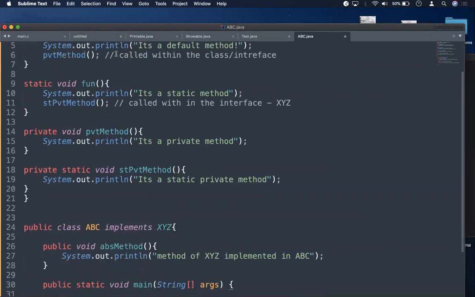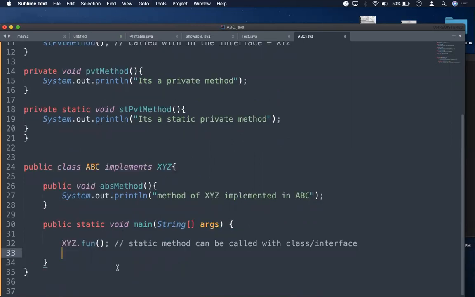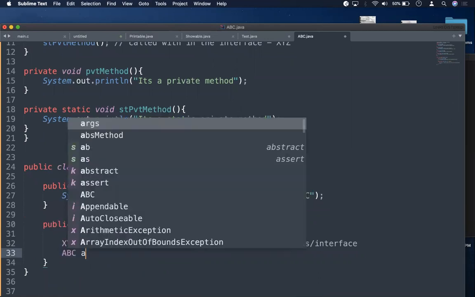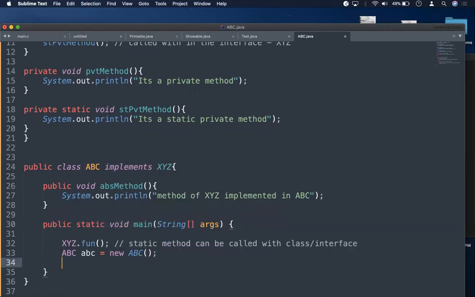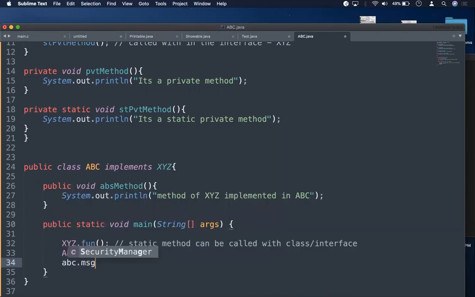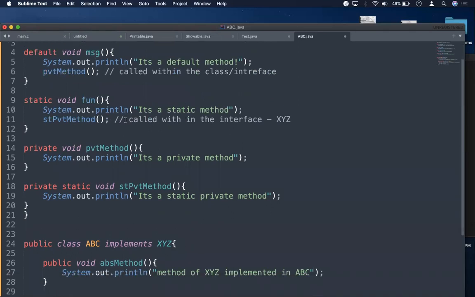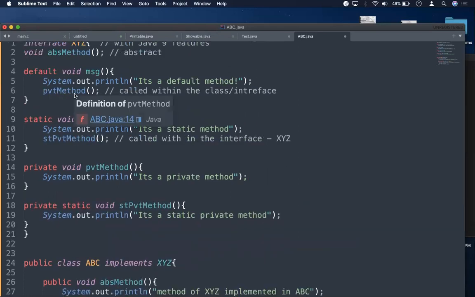the apps method and the message method, I require an object. So let me create an object: abc equal to new ABC. With abc I can call this message method, which is my default method. So the interface is coming up with some default behavior. When I call this message method, there is a call to a private